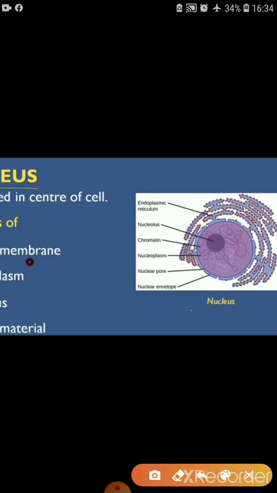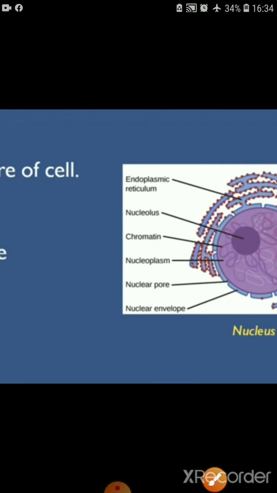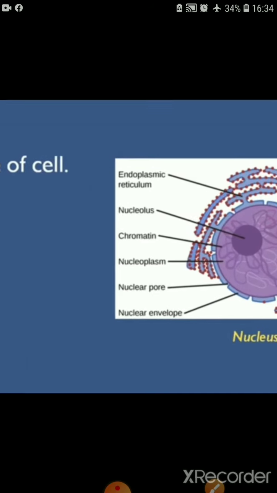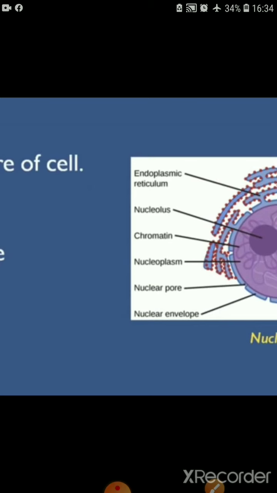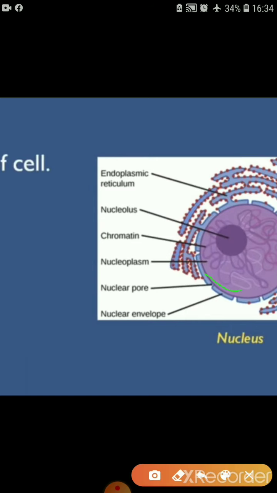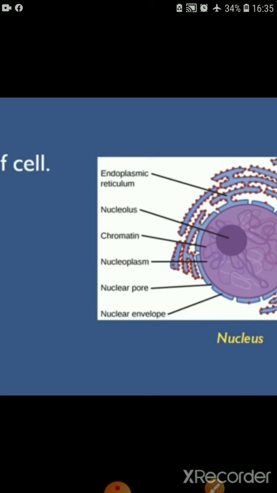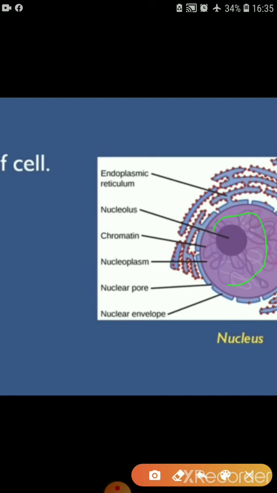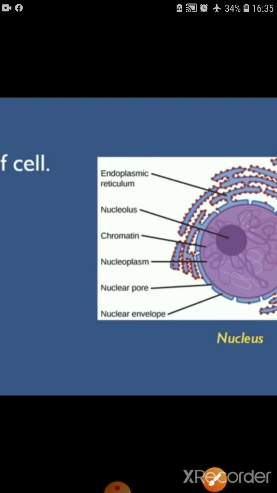Secondly, there are nuclear pores, small hole-like structures on the nuclear wall, the nuclear envelope or nuclear membrane. Small pore-like structures are seen there, and that is called nuclear pores, isn't it? That is called nuclear pore. Next, that purple color body, as you are seeing, which is inside the nucleus, that is called nucleoplasm. Okay, what is nucleoplasm? This purple color liquid lying inside the nucleus is called nucleoplasm.